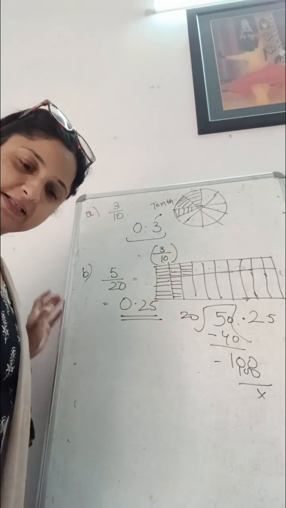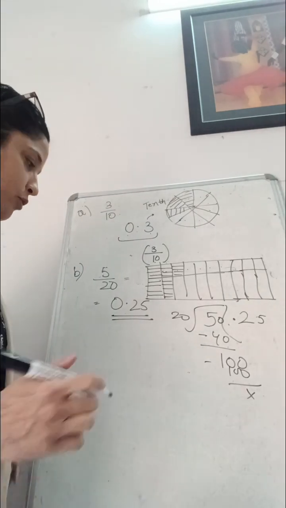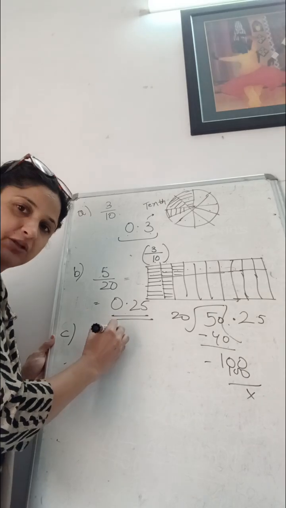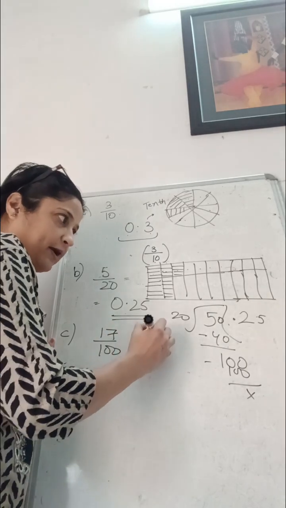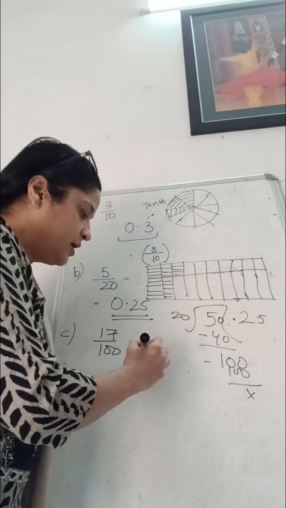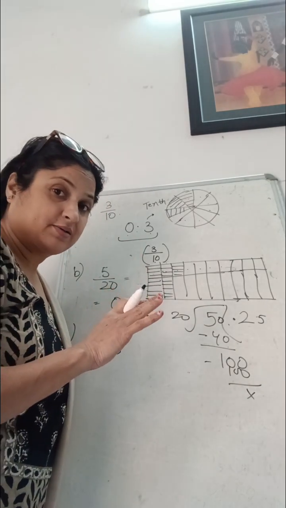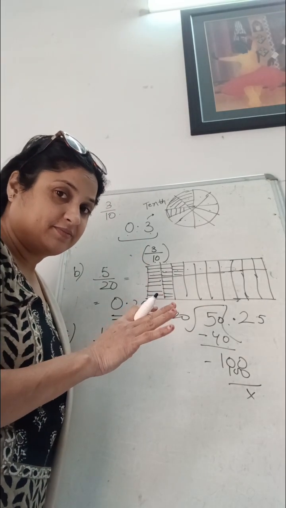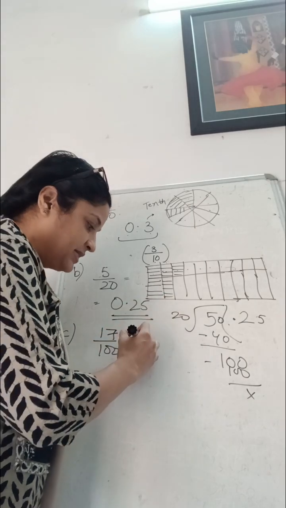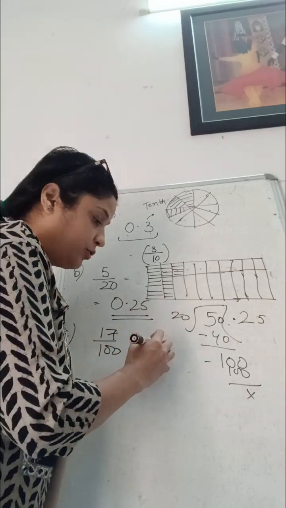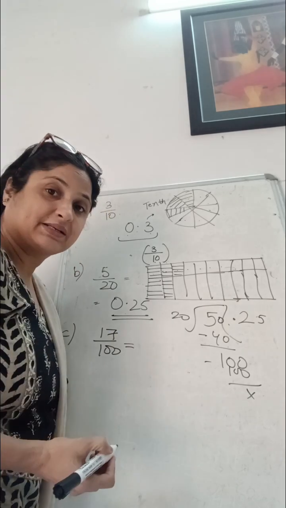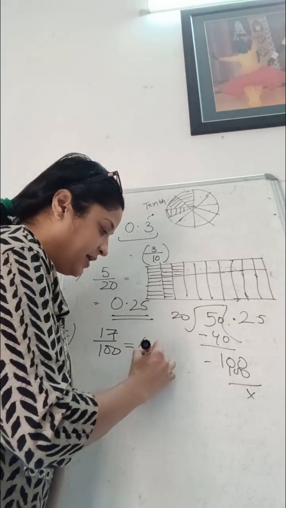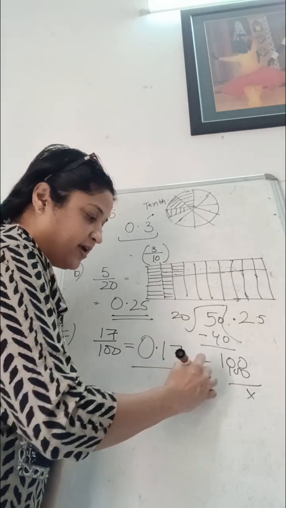Okay, now let us come to some other question also. What will be the decimal for the notation 17 upon 100? Again children, out of 100 parts, 17 parts have been shaded. तो आपको समझना है ये 17 divided by 100. ओके, तो आपने 100 में से 17 पार्ट्स ले लिए, और इसका डेसिमल नोटेशन हाउ कैन आई